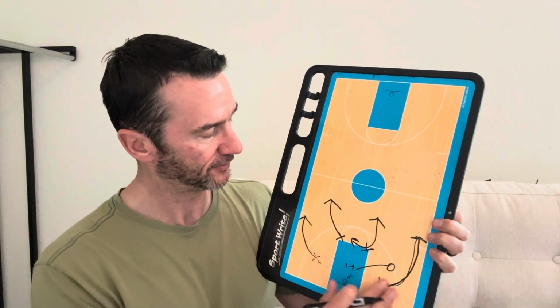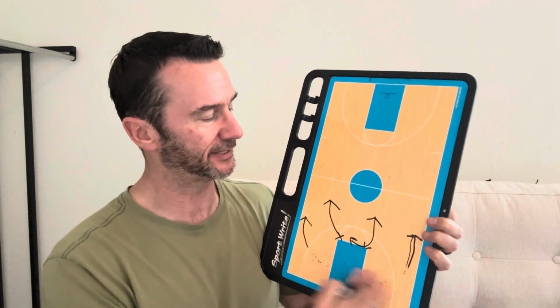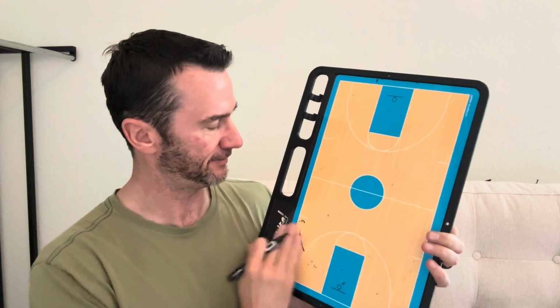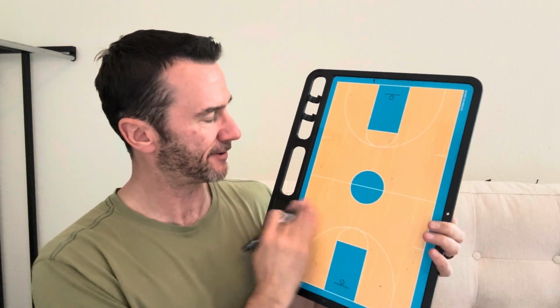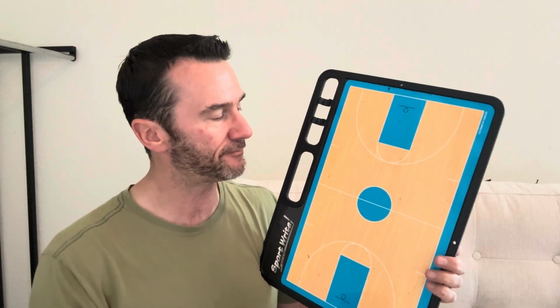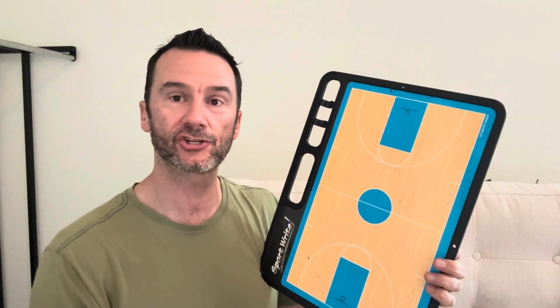And that's why you're having that problem. So how do you fix it? Well, first of all, an easy fix in the game. Maybe you don't have enough practices, or maybe you're a rec team that only gets so many practices and so many games, so you don't have a lot of time to teach them everything. But one thing that I do is I start focusing in on the fact that they're beating us on transition offense. I need to make sure I have my team ready to transition from offense to defense.